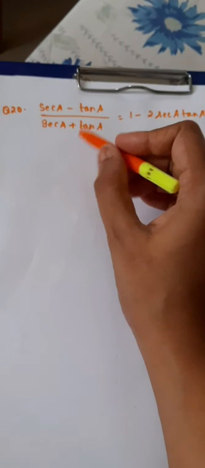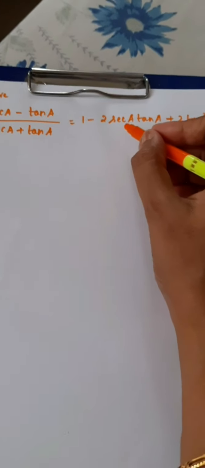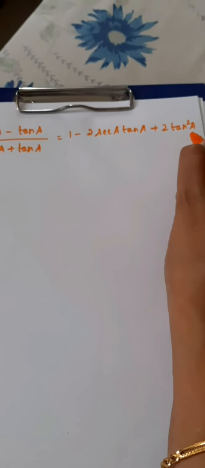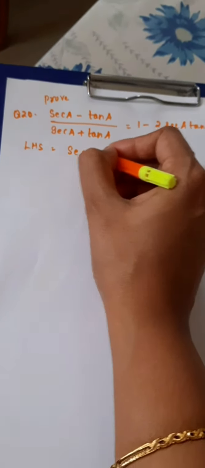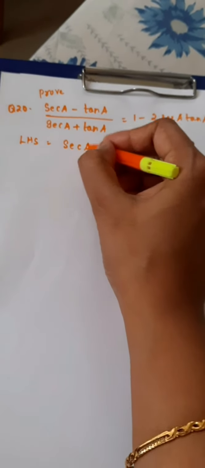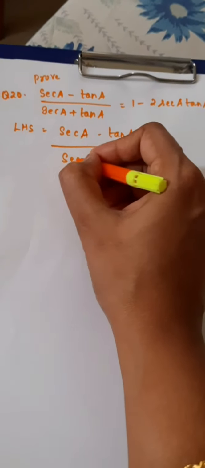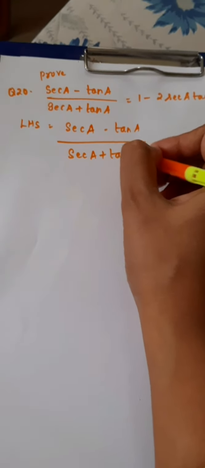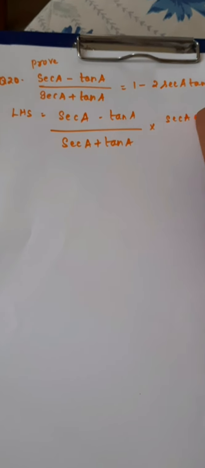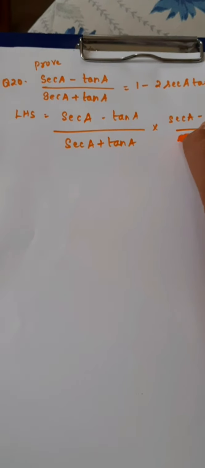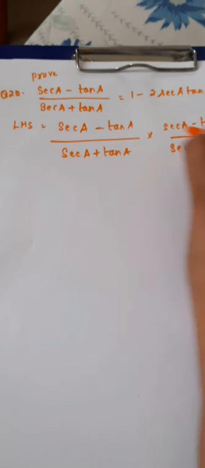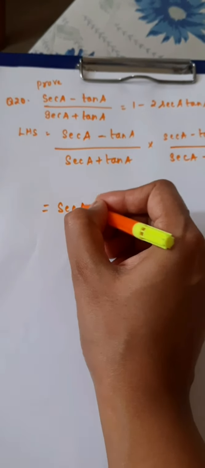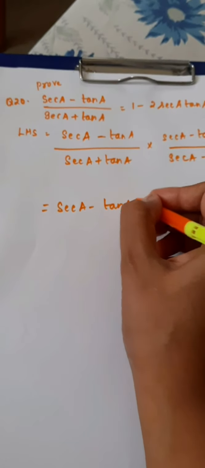Next question, 20, (secant A minus tan A) by (secant A plus tan A) equal to 1 minus 2 secant A tan A plus 2 tan square A. So by just taking the LHS, secant A minus tan A by secant A plus tan A into secant A minus tan A by secant A minus tan A. So just you're multiplying by 1. So both are minus only. So this is secant A minus tan A whole square,